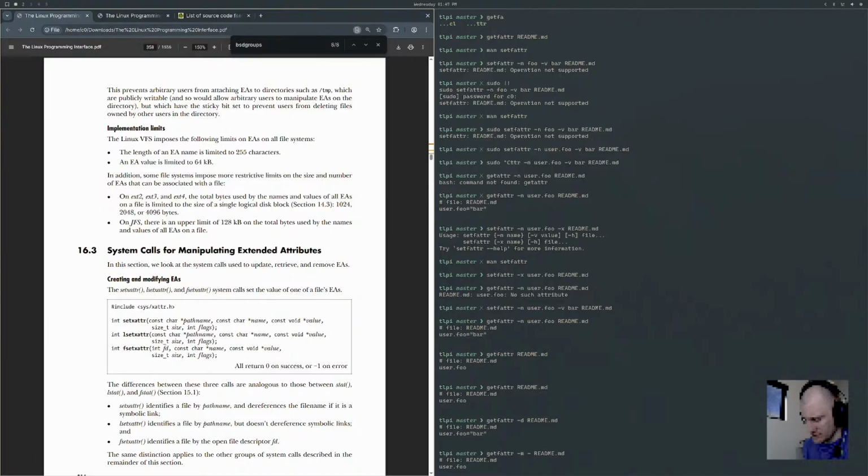That does make sense. Maybe the size of the value, because it's a const void, which potentially could not be null terminated. I don't know which one that size applies to. It's probably value. And then in flags,